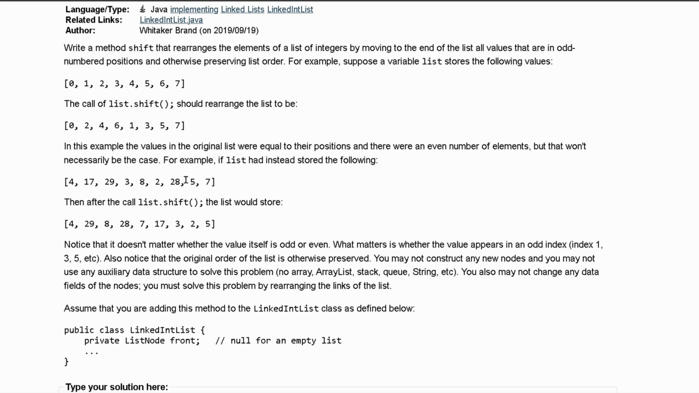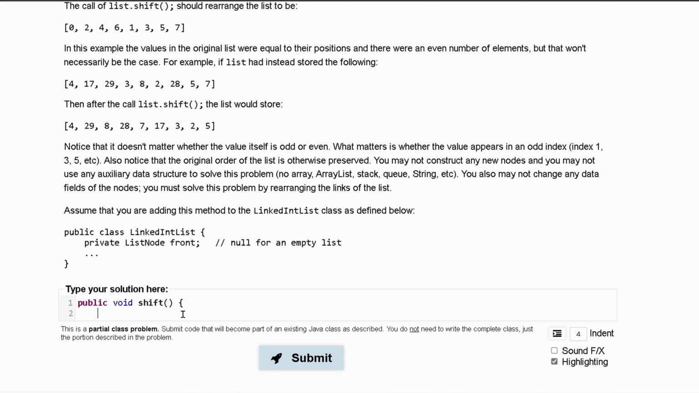Here's my thought process. We can go through our entire list, get to the back, and then once we're at the back, we can go through this list again, but removing the odd numbers and putting them at the back. So we'll need two list nodes eventually to do this, and we're going to want to run this as long as our current value, so this dot front does not equal null,